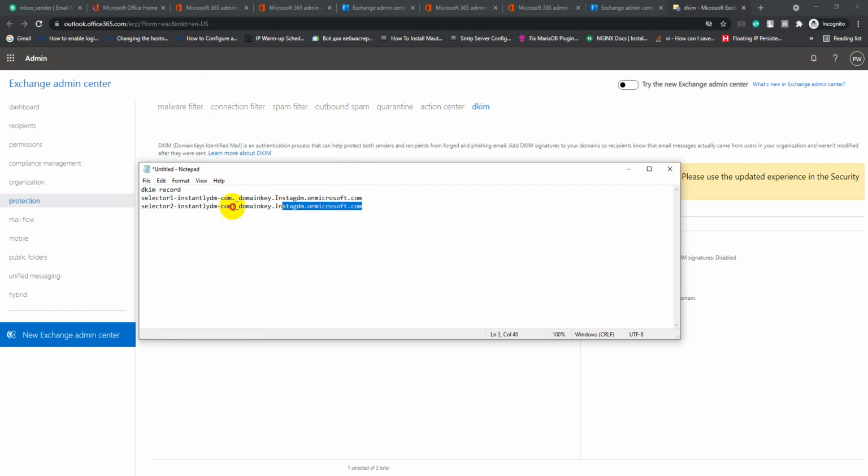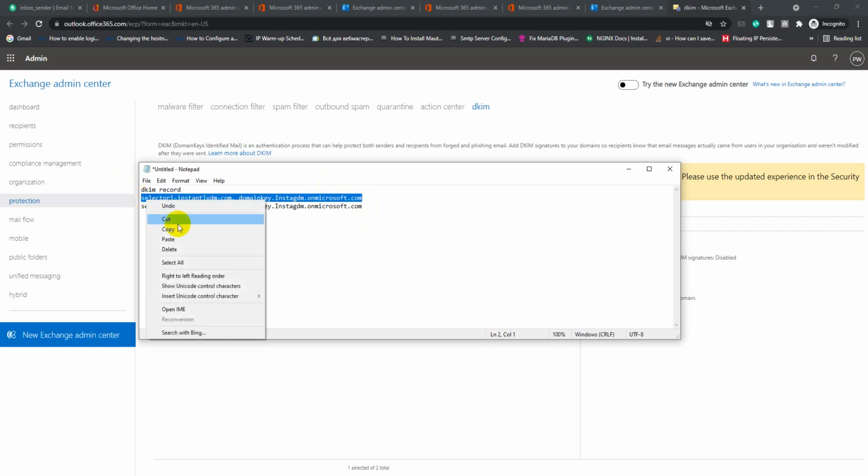These will be 2 DKIM records, and I'm rotating the DKIM records to ensure mail delivery. For maximum inbox ratio, I'm going to do DKIM rotation, so that it will not get blacklisted easily.